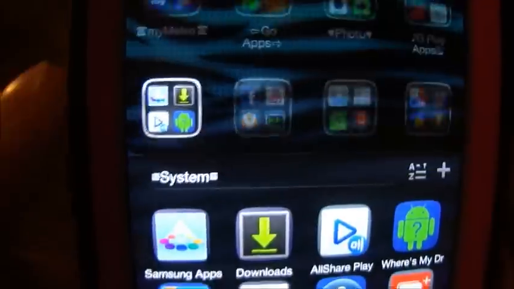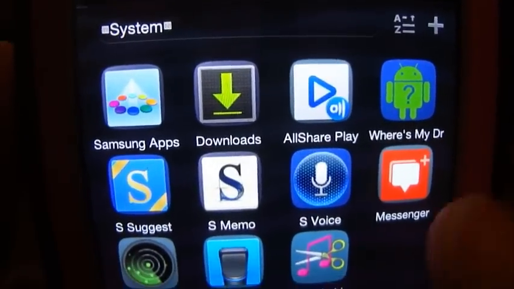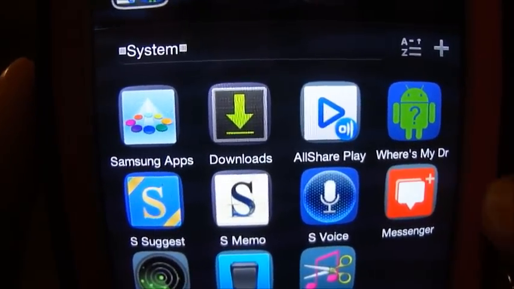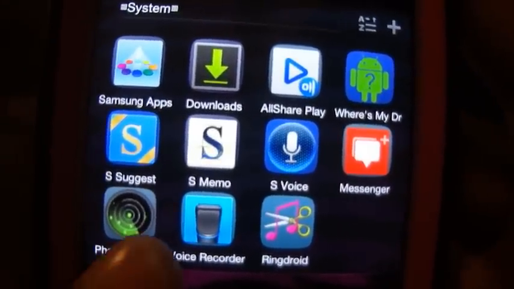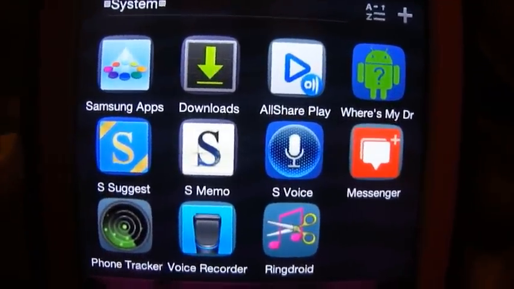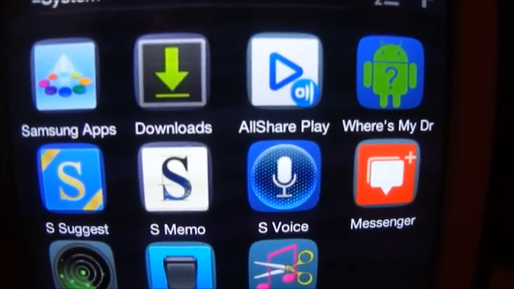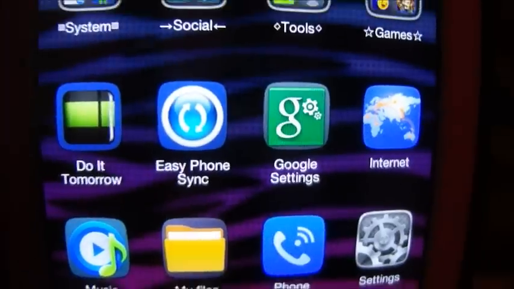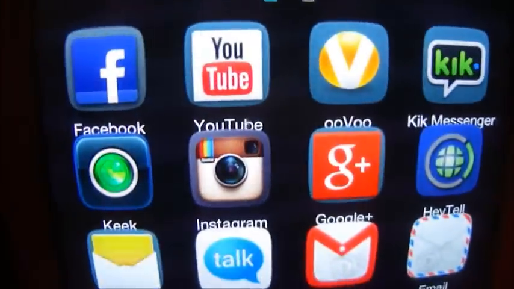Then in this one, my system is different from the one that I have on my home screen. I have Where's My Droid, Google Messenger, Ring Droid, Voice Recorder, Phone Tracker, S-Suggest, S-Memo, S-Voice, All Share, Downloads, and Samsung apps.